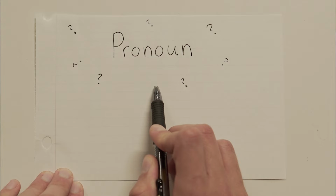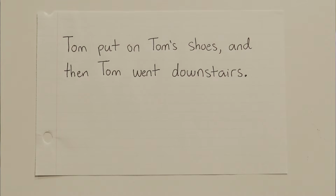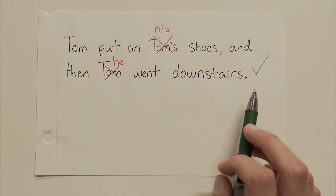So what exactly is a pronoun? Well, a pronoun is one of the 8 parts of speech, and it's a word that takes the place of a noun. Like instead of saying Tom put on Tom's shoes and then Tom went downstairs, we could say Tom put on his shoes and then he went downstairs. The words his and he take the place of Tom so that we don't have to say his name 1,000